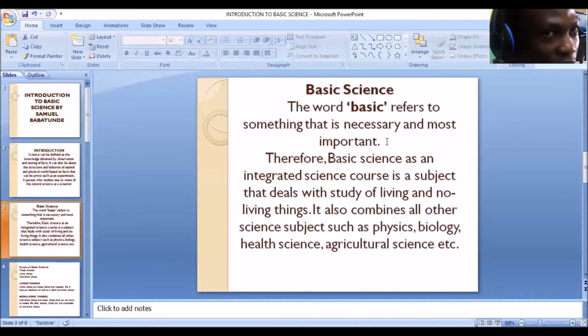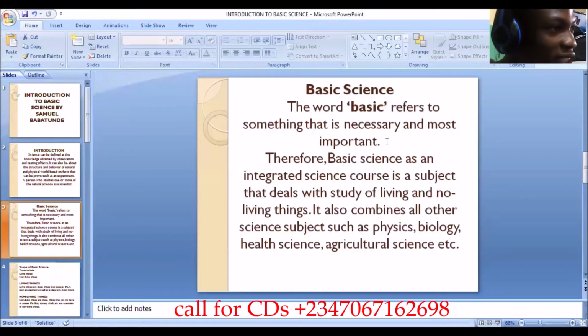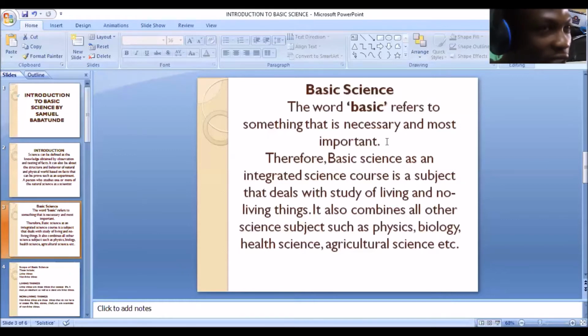Remember, initially I told you that basic science is a science subject that has been introduced to junior secondary school to give you a foresight, a foundation of what you're going to be facing in senior secondary school. It will enable you to have knowledge of the aspects of science, so that by the time you get to senior secondary school, the science courses won't be strange to you. Science courses like physics, that relates matter with energy, and courses like biology, that deals mainly with plants and animals, and then health science and agricultural science. All these are various aspects of sciences.